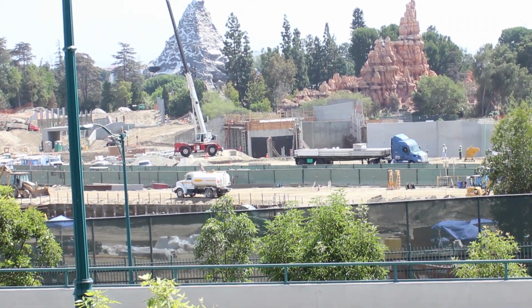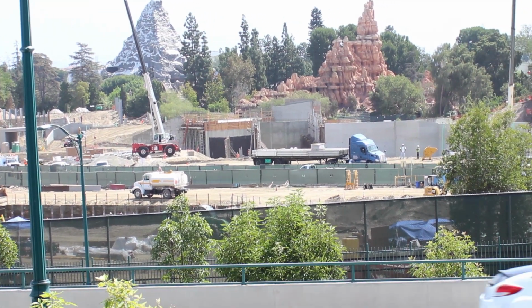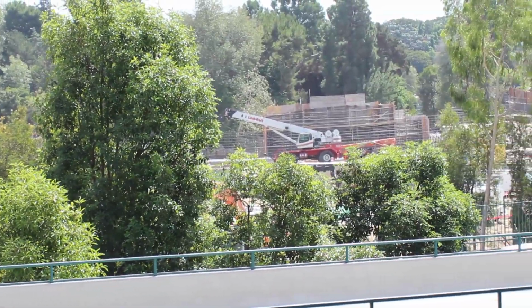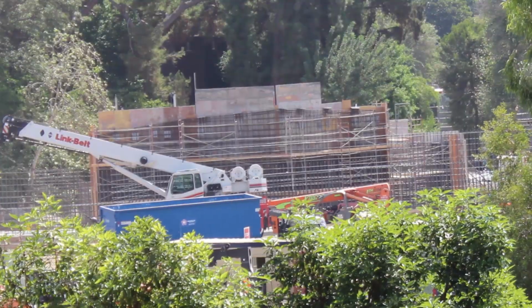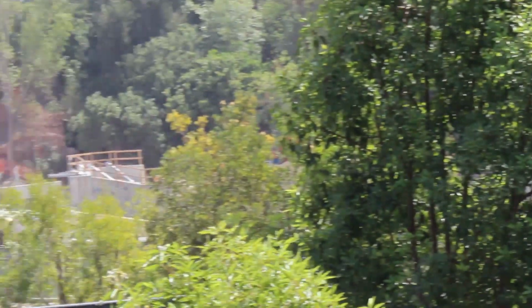Okay, so now you can see I'm zoomed out. You can really see both entrances together, and what we think is going to be the Fantasmic storage right there. And if I come all the way across over here to the other side, more walls. This wall looks like it's really gotten big here. Check out this wall. I mean, this wall looks huge. So if I scroll back over,